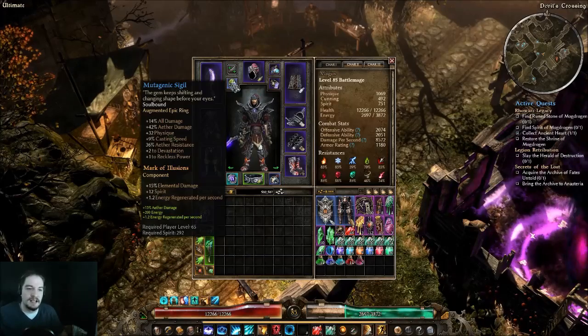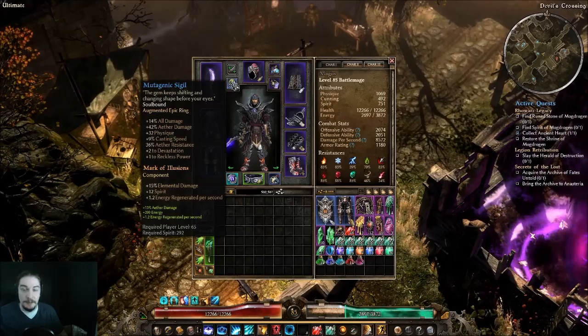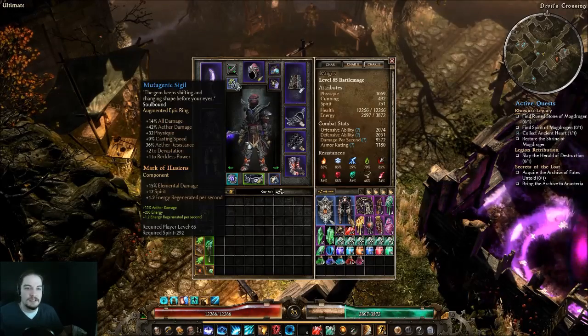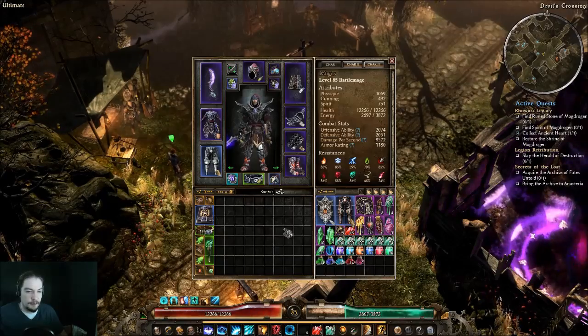Mutagenic Sigil replaced our Starfire. +2 to Devastation, +1 to Reckless Power is really awesome. It's also got Physique and all damage, Aether damage, casting speed, which was wasted on us. But it also gives us Aether Res. And I think everything else is pretty much the same from the...